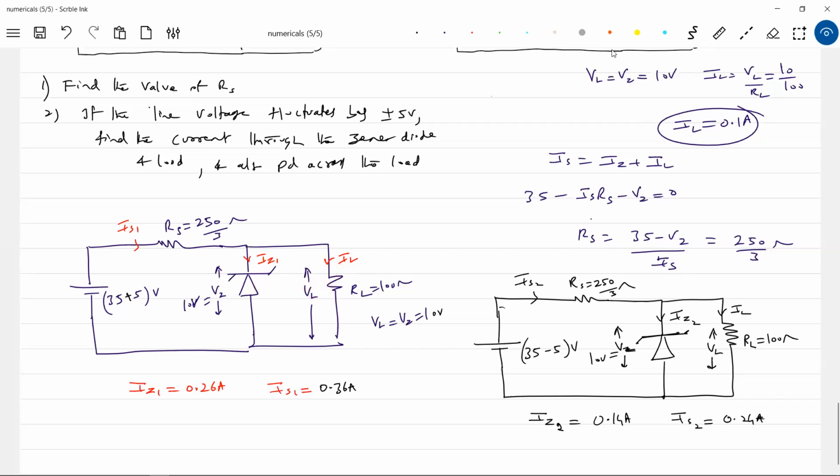So what are the types of questions? The load should be connected parallel to the Zener diode, or the load should be connected in series with the Zener diode. Tell me what you should do. To regulate the voltage, the load should be connected in parallel to the Zener diode. These are some questions which will really test you. If you connect in parallel, okay, then only voltage regulation will occur. If you connect in series, it is not possible, voltage regulation will not take place. Am I right?